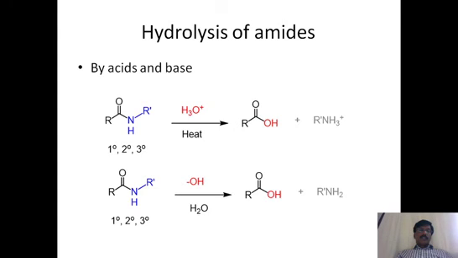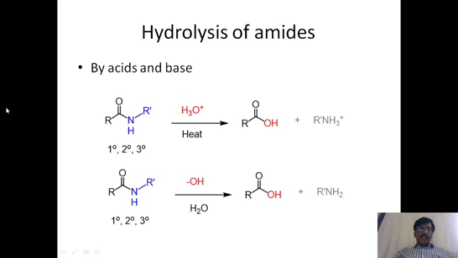Now, hydrolysis of amides. We know that on hydrolysis of amides we get the same product, whether the reaction proceeds with acid or with base. Two ways it can proceed, but whichever reagent is adding, acid or base, the final compound is RCOOH. That is, the amide part is removed and replaced with the hydroxy group OH. Therefore, carboxylic acids are the main products formed on hydrolysis.